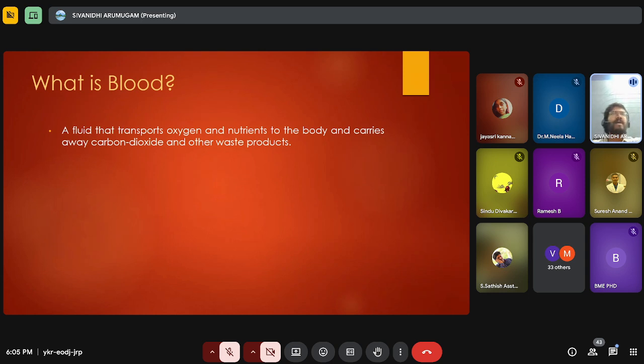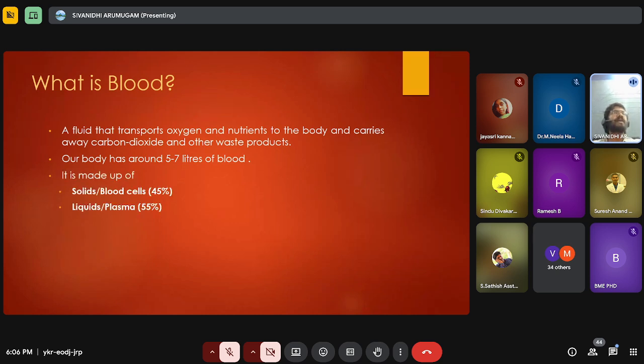Without blood, we can't even breathe in and breathe out, because for that we require oxygen. And for body metabolism, we need nutrients. We also need some carrier which carries out carbon dioxide and other waste products. Everybody has about 5 to 7 liters of blood, and it is